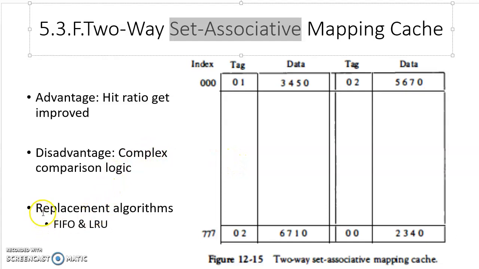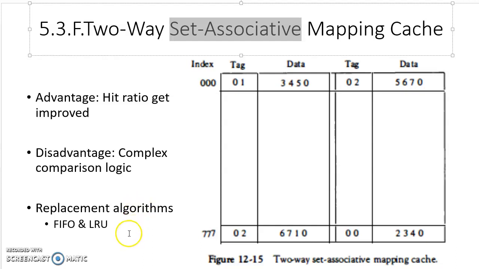Now let us move on to replacement algorithms. Earlier also I told you, when the CPU misses the data required in cache, it will replace some old data with the new data from main memory, and that decision must be taken, and the decision will be taken based on replacement algorithms, page replacement algorithms. We are calling it a page replacement algorithm because we are considering main memory as a book having different pages, and we are bringing some pages from main memory and keeping them in our cache memory. That's why these algorithms are called page replacement algorithms.